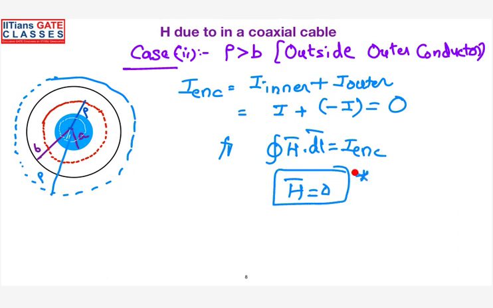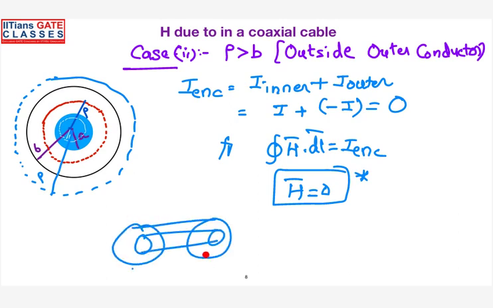I have explained the same logic in electrostatics also. If you take a point outside the coaxial cable, the electric field intensity is 0. And similarly, right now we also got the magnetic field intensity as 0. That is the reason why coaxial cables do not cause any electromagnetic radiation or interference, which is why they are mostly used in communications. So outside a coaxial cable, there will not be any electric field and there will not be any magnetic field.